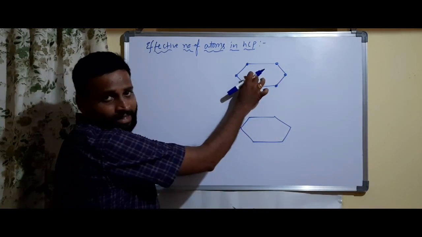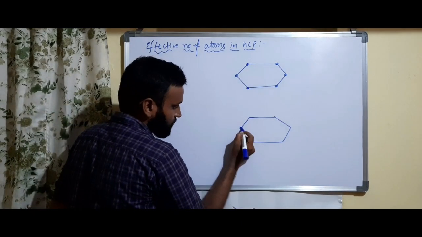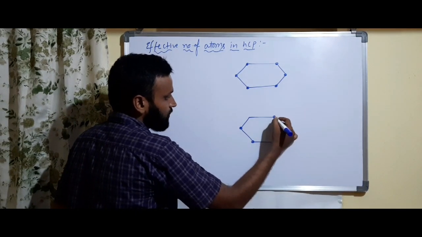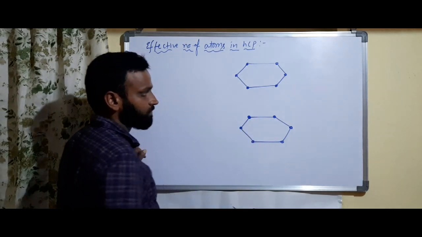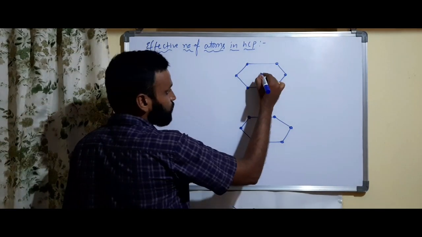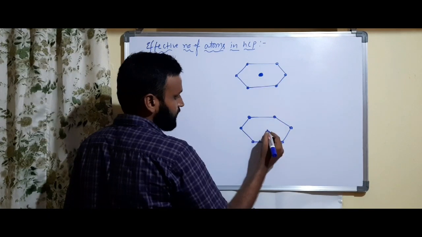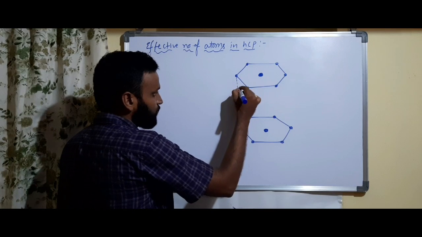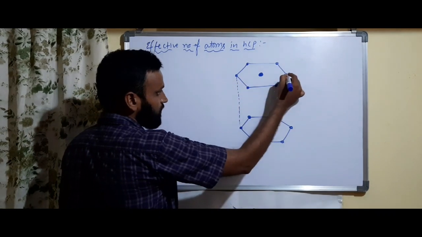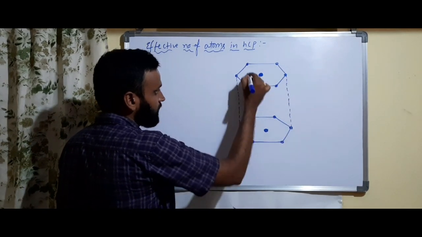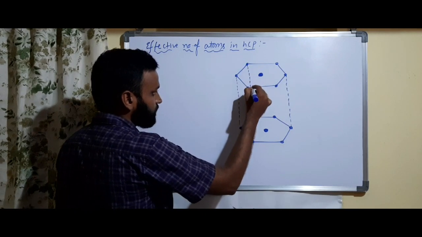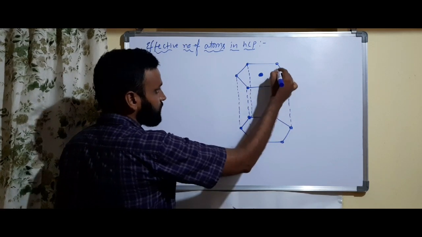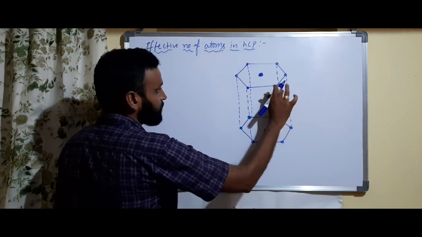Okay, so this is one hexagonal ring, this is another hexagonal ring. So you have 6 corners here and 6 corners there, so in total you have 12 corners. And there are only 2 face center atoms, like this. And I told you, you have to connect like this. Getting? So here you have this one, and like this. And from here to here, push it.